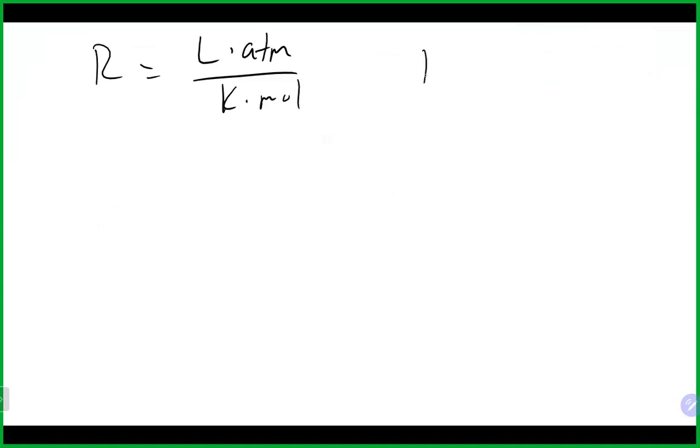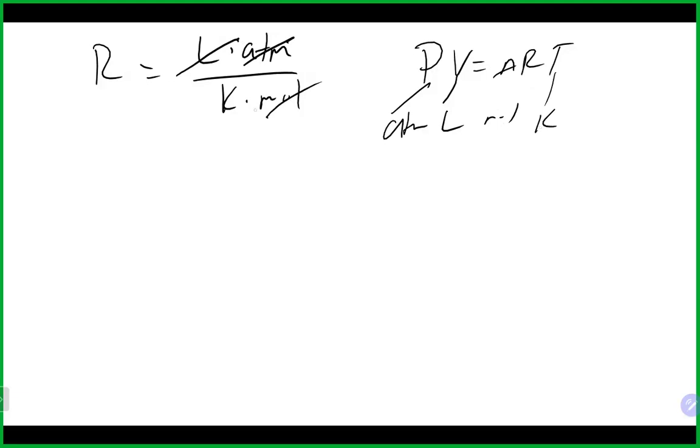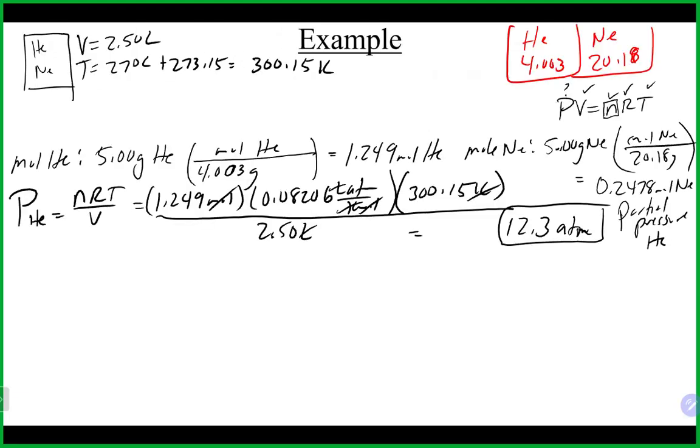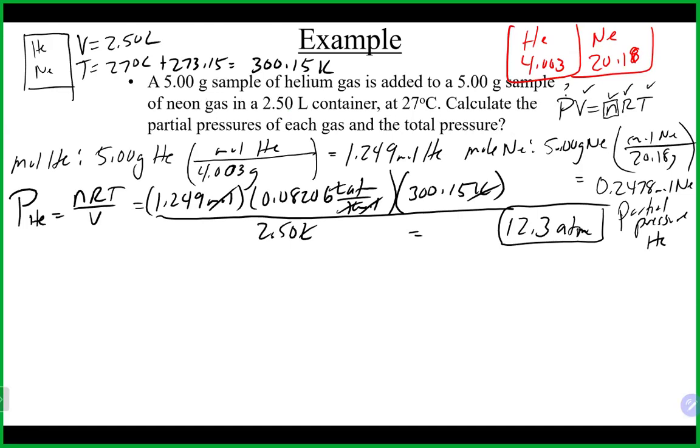And that's really why when we do the ideal gas law, this has to be in atmospheres, so it cancels. This one needs to be in liters, so it cancels. This needs to be in moles, so it cancels. And this needs to be in Kelvin, so it cancels. So if you're ever not sure what the other units need to be, you can always look at the units associated with R, and it will tell you what everybody else has to be in to properly cancel. Other questions? Okay.